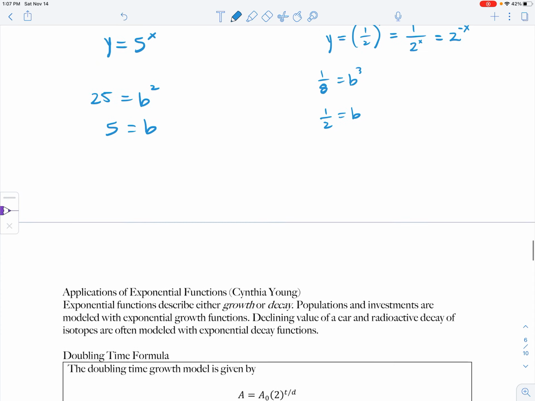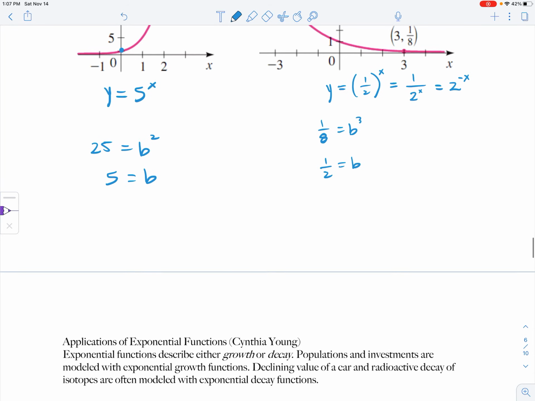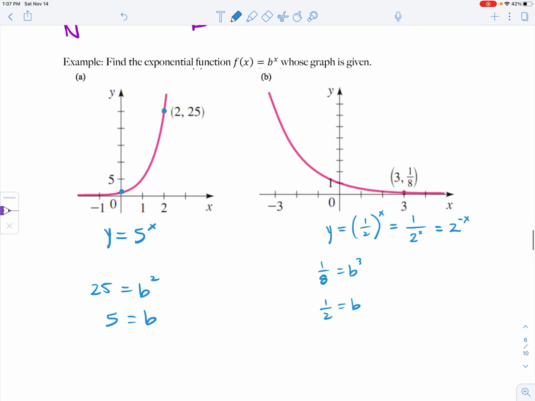And we are going to stop here. So before we look at some of the formulas for exponential growth and decay that Cynthia Young gives us in our textbook, I have another lesson where we come up